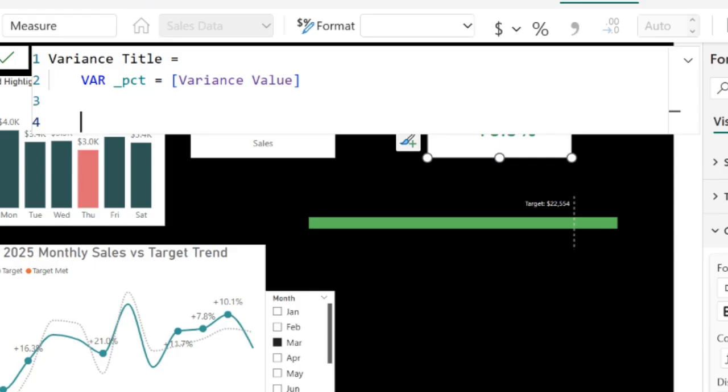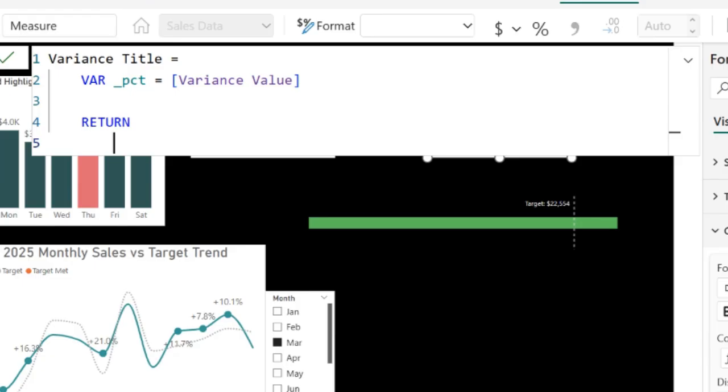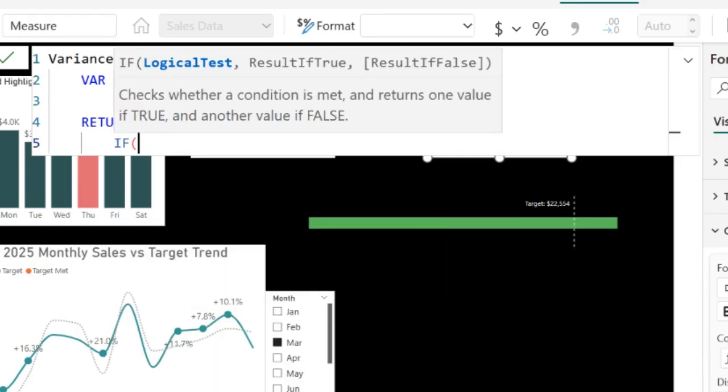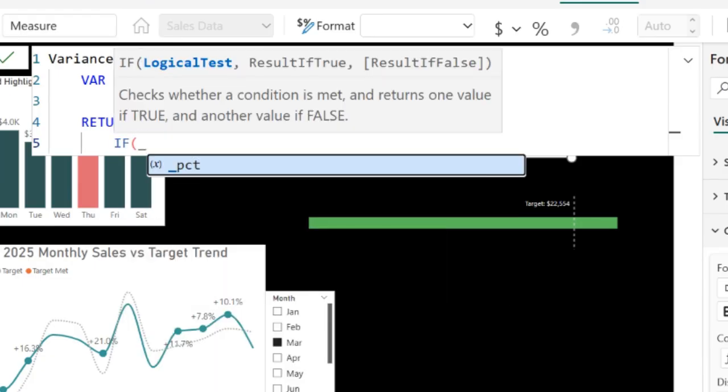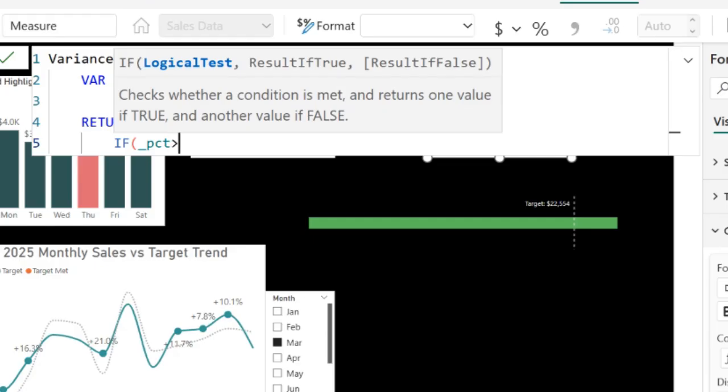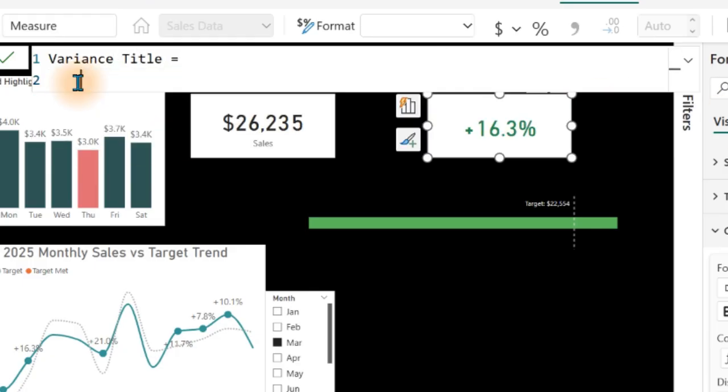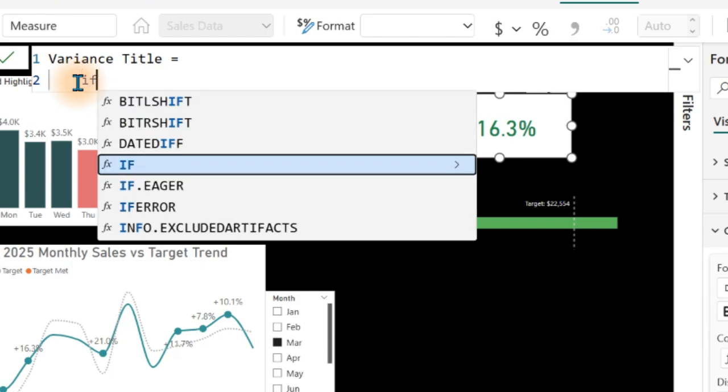Okay, we just want to use the return over here, and we use the IF to check if underscore PCT here is greater than 0, right? Or we don't even have to complicate matters like this. Sorry for that. Let me just take this off. We can use the direct IF function. So if